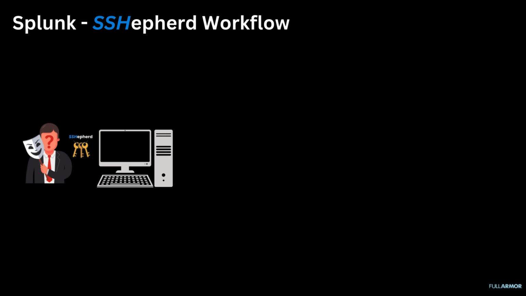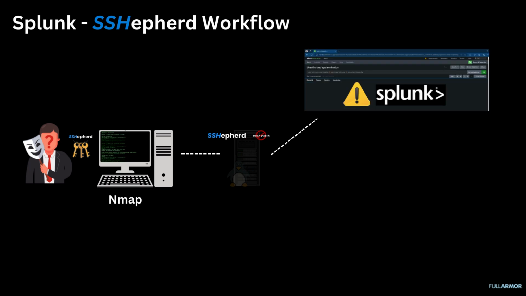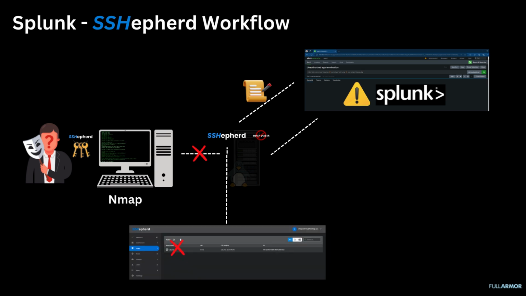Let's take a look at the workflow of how this works. The rogue user, also a Shepherd user, is connected to a machine through Shepherd. He runs an unauthorized application such as Nmap. Splunk is configured to watch for this event and trigger an action. The action is to run a script which tells Shepherd to immediately terminate the session and prevent the user from logging back in. We'll see a demo of this where the rogue user is running from both a Linux and